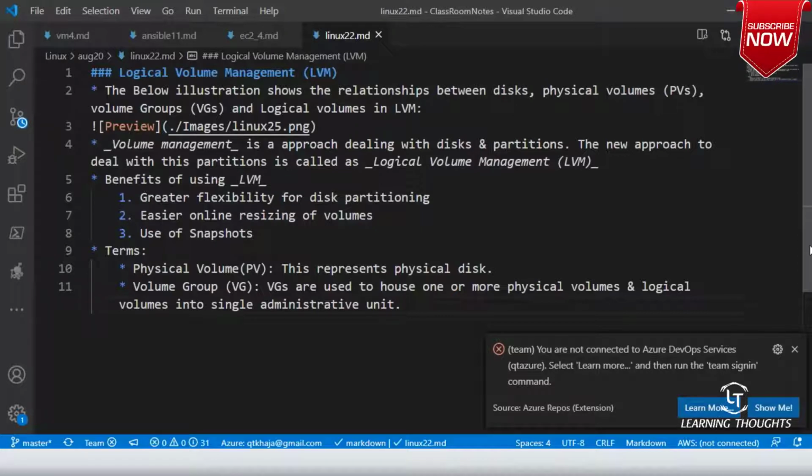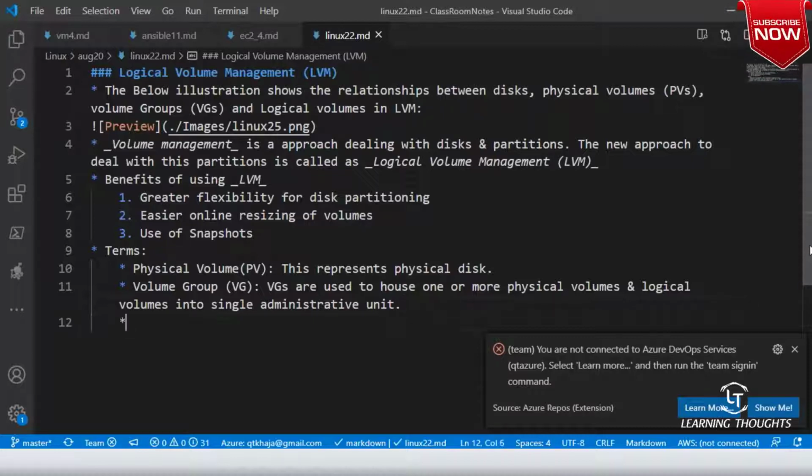The volume group is basically created out of physical volumes. Volume groups are nothing but a collection of PVs. Volume groups are not mountable, right? They are more like your raw disks.